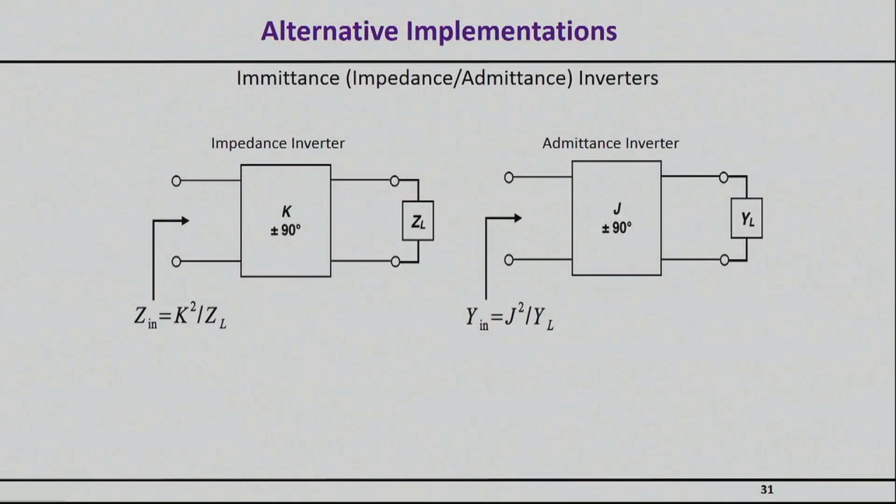Now, let's talk about an alternative implementation with something that I think most of you have not seen yet, and it's called an impedance or an admittance inverter. So it turns out that this ladder implementation we've seen so far, meaning the idea of having series and shunt elements right next to each other, is perhaps aesthetically pleasing, but is not the most convenient way to build things